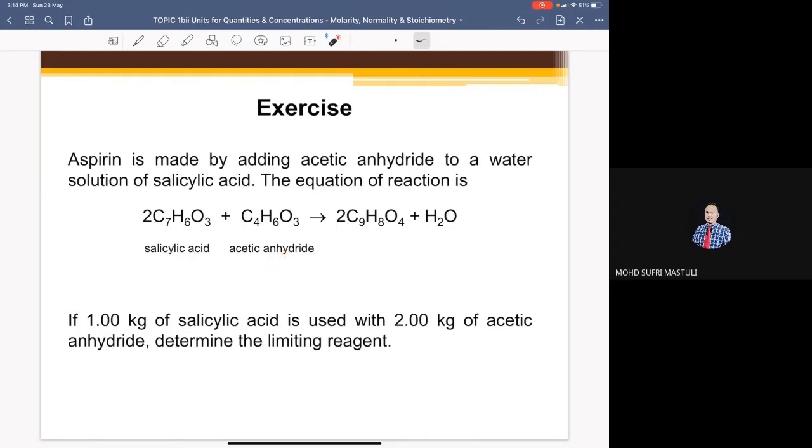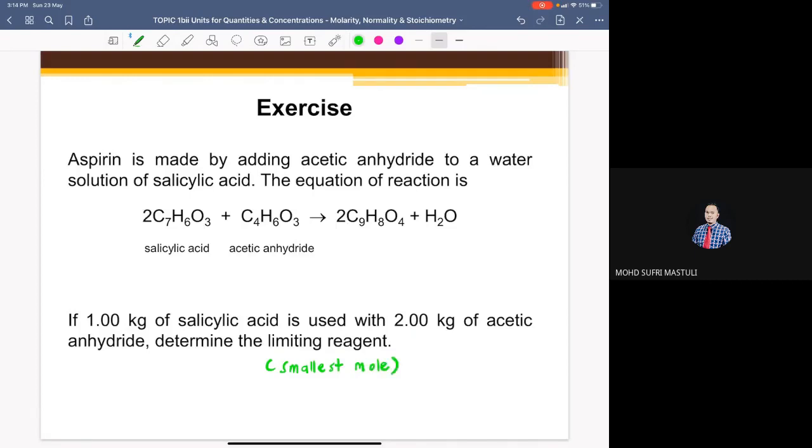If 1 kilogram of salicylic acid is used with 2 kilograms of acetic anhydride, determine the limiting reagent. Limiting reagent means the smallest